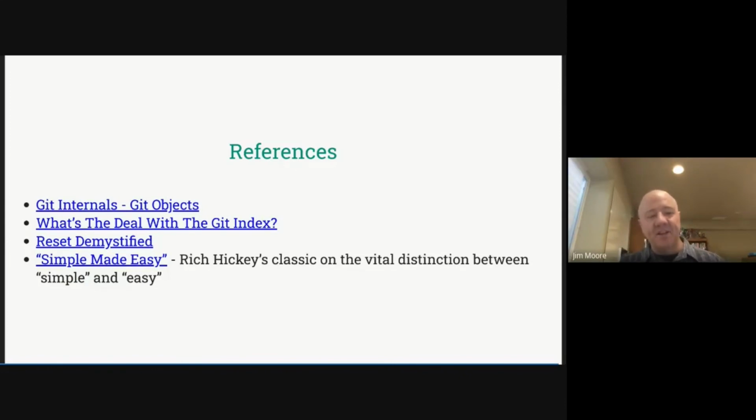And for a lot of revision control systems that people have worked with, something like Subversion or VSS might be easy because that's what they know, but it's not simple. Git is very simple, but there's lots of things that you can do with it. And so actually learning it and understanding what it does is not necessarily easy. So that's what that reference is about.